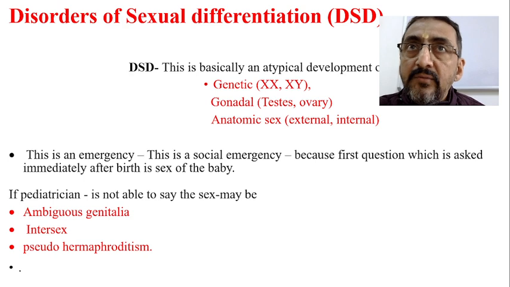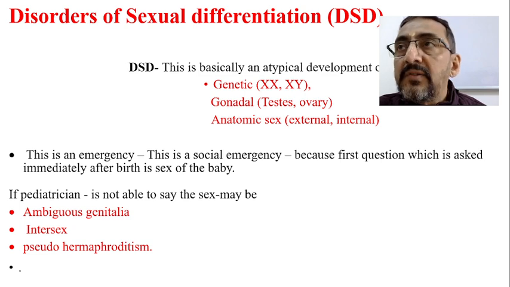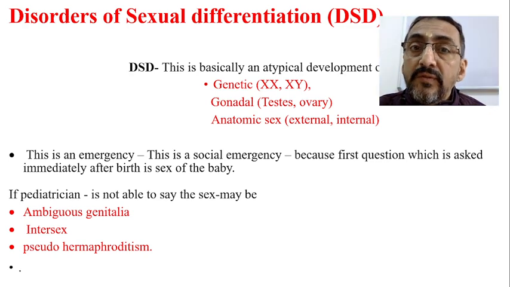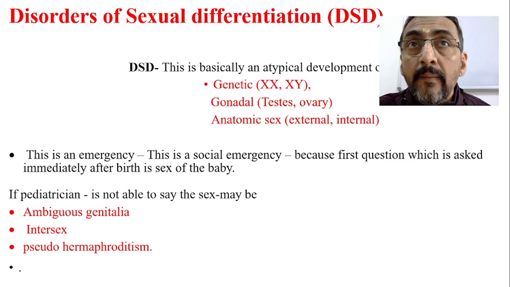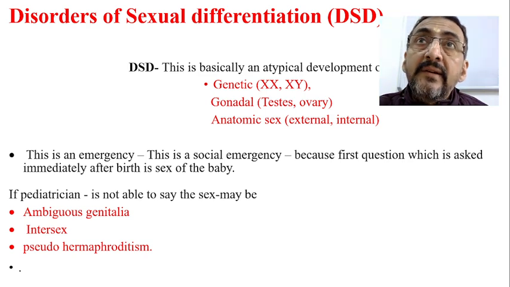Number two, there are some problems related to gonads, the testis and ovary, that may also lead to disorders of sexual differentiation. Third, anatomically there is some problem, like the external genital organs and internal genital organs are not properly formed. When all three are present, or individually, it is labeled as disorders of sexual differentiation